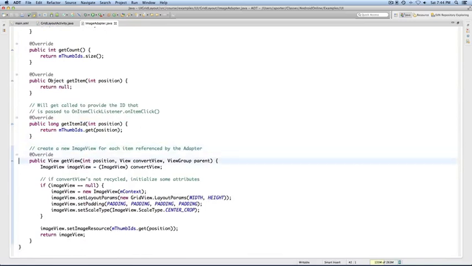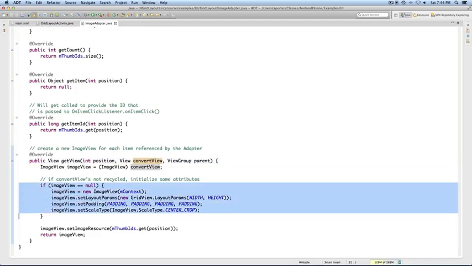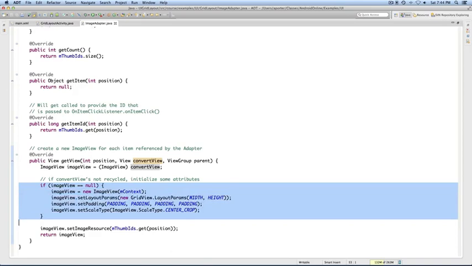This method gets called when grid view asks the adapter for one view that will go into the grid. One of the parameters for this method is a view called convertView. And this parameter will sometimes be null. If so, then you need to create a new view and configure it however you want. But other times, convertView will not be null. It will actually reference a view that was already returned by this method in the past. For example, if you have a lot of views in the grid, then only some of them might be visible